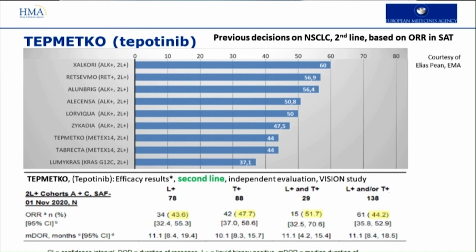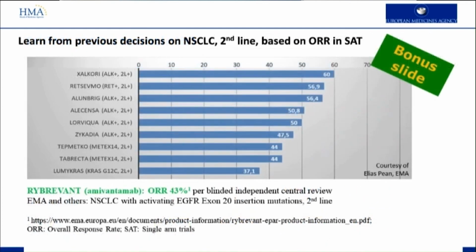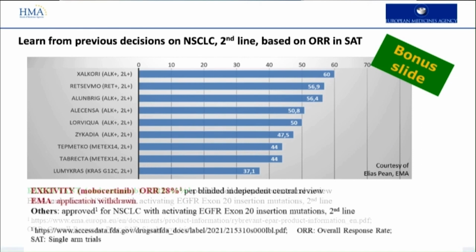In the second-line indication, we had a broader range of previous results, from 40 to 60% response rate. And here, Tepmetko, with a response rate of 40 to 50%, depending on how the MET-positive patients were selected, got a positive opinion. Another positive example would be Rybrevant, which got a positive opinion for a second-line indication based on a response rate of 43%. And another negative example would be Exkivity,